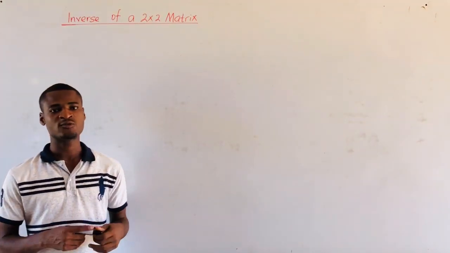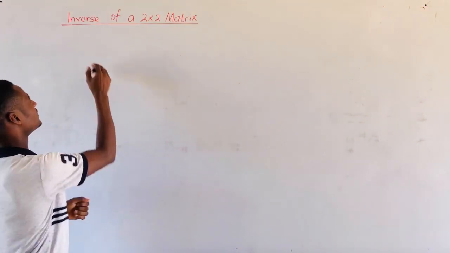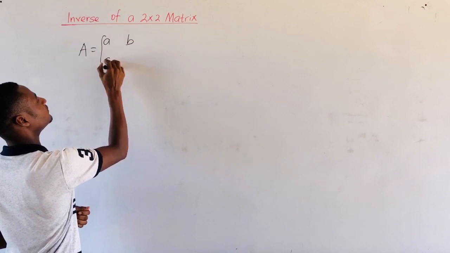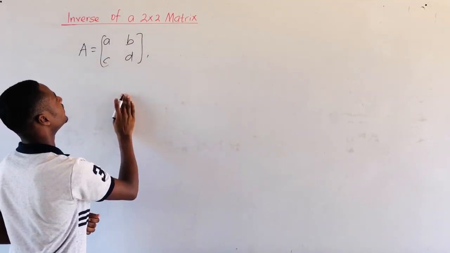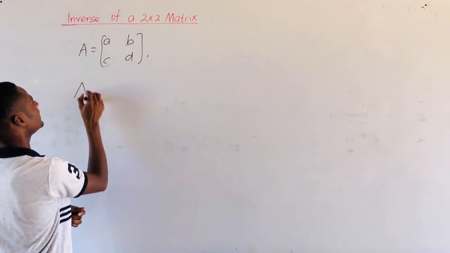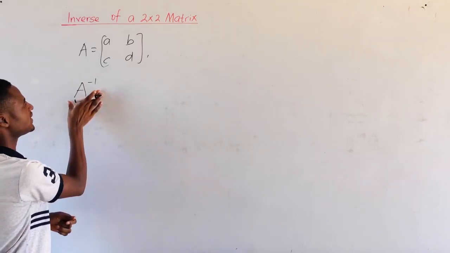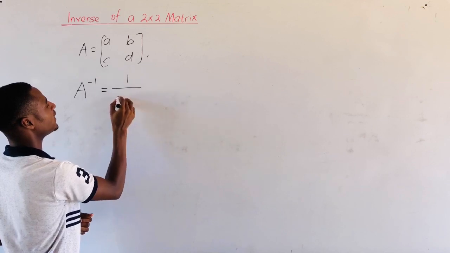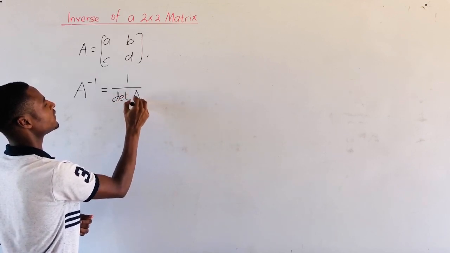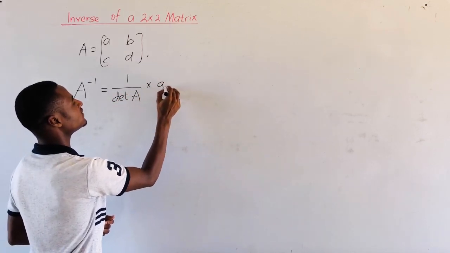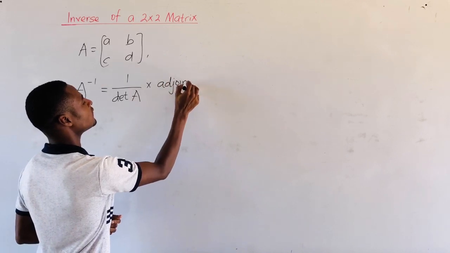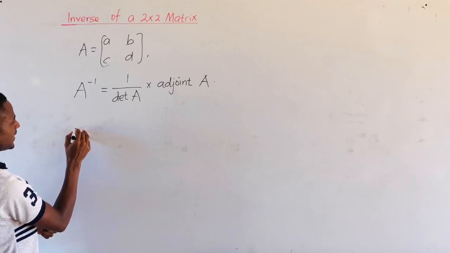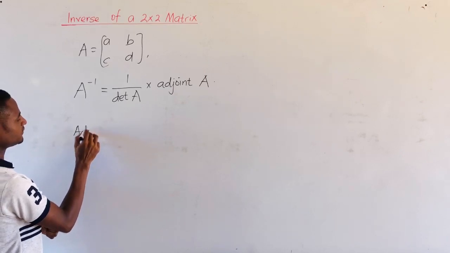The inverse of a 2 by 2 matrix, which is of this form, written as A inverse, is given by 1 over the determinant of A times the adjoint of A,